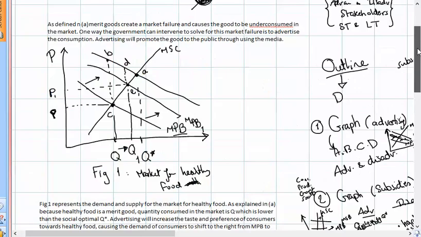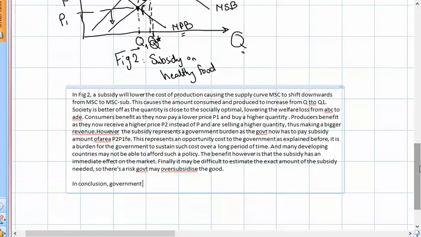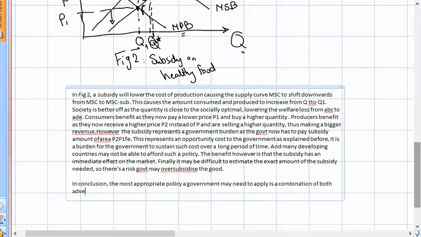In conclusion, the most appropriate policy a government may need to apply is a combination of both advertising and subsidy. You're summarizing the key points that